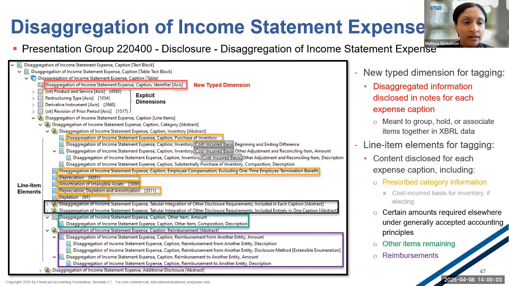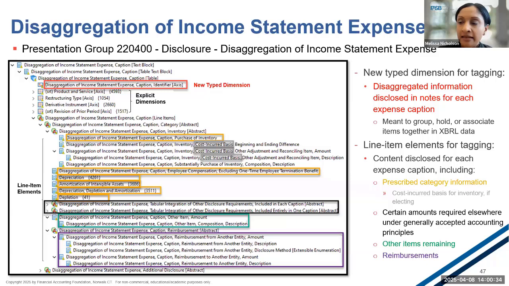We also have elements for the cost incurred basis for inventory, if that is being elected, and those are what you see here in the gray box. We've also included elements within the black box here in the two abstracts provided for tagging the required amounts that are to be included in the tabular integration for the DICE expense disclosures.